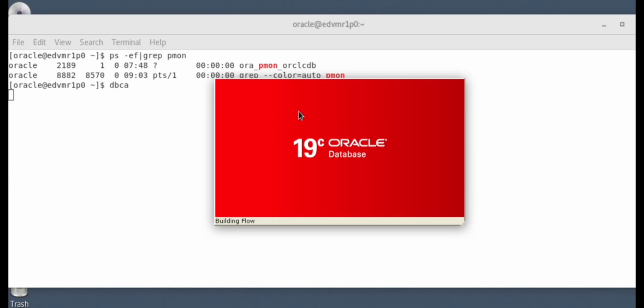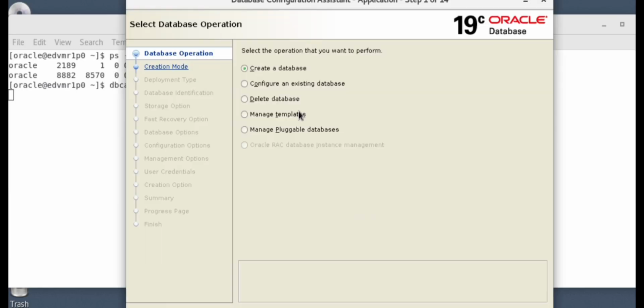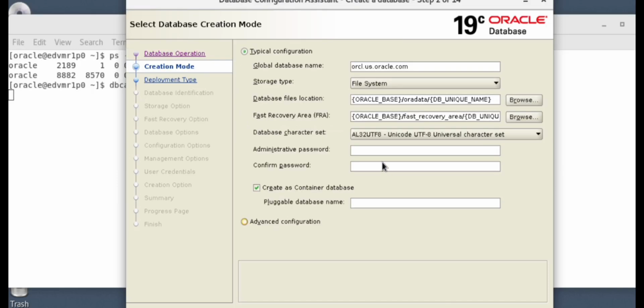Then we use DBCA. DBCA is a GUI which helps us to install a database, which may be a container type or non-container type. For installing purposes, we use DBCA, so we'll execute this command. Then the Database Configuration Assistant will open. We'll proceed with the process as shown on the screen, and until it completes downloading, let's talk about